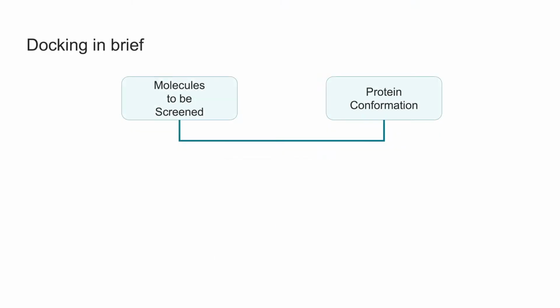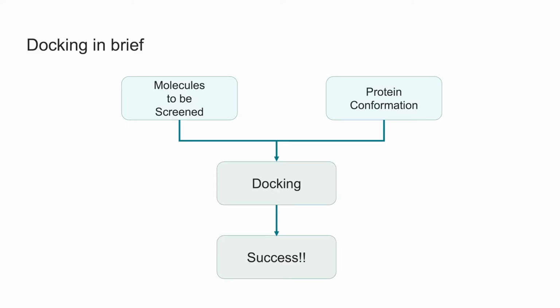So, what is this magic docking? Well, it's a pretty simple idea. We're going to take a set of molecules we'd like to screen, and I'll show you how to get conformations for those, and then we're going to have one or more conformations of the protein we're going to be looking at, and then, through the magic of docking, success. And I'm going to define what success looks like in the context of early stage drug discovery in the middle